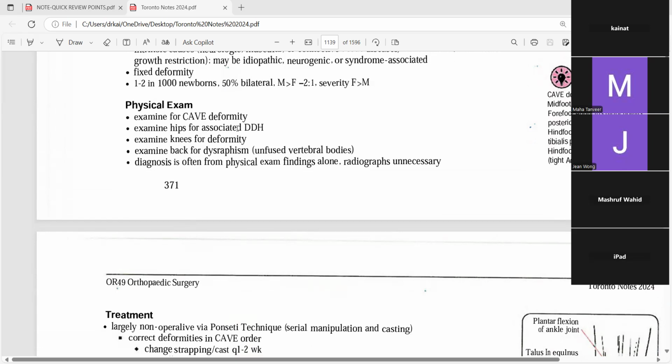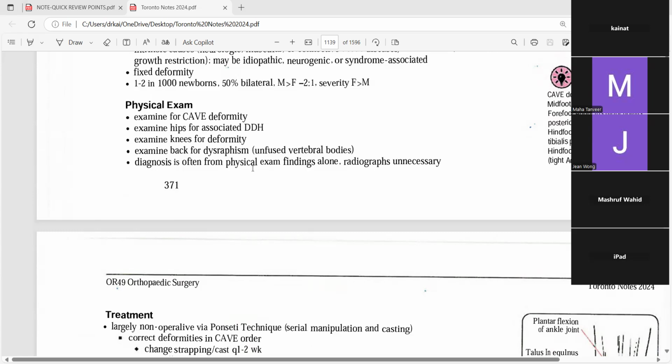So you have to make sure when you are looking for club foot, you have to look for the hips as well. You have to look for the knees as well, just to make sure that it's just limited to the foot, not into the knee and then the hip. So they can give you a question where the patient has a club foot, what other factors you would like to see. It's just like how they can give you a question about Down syndrome and ask you what the associated conditions can be. So ADHD, autism, so those are all the things.